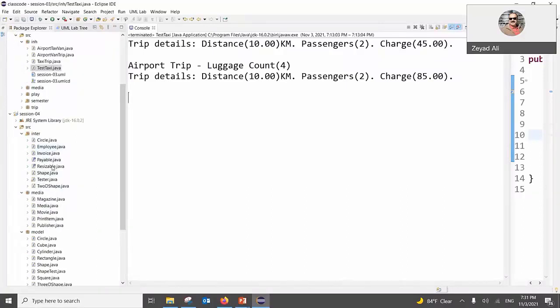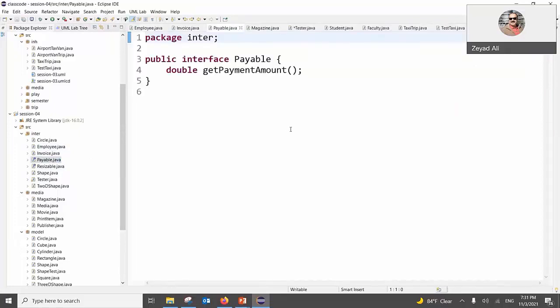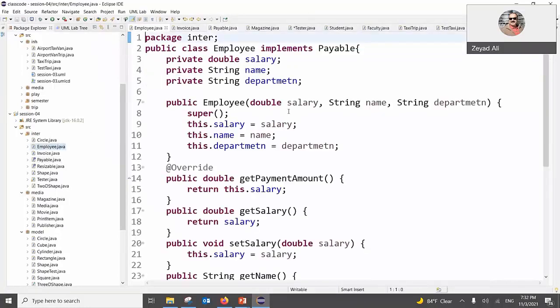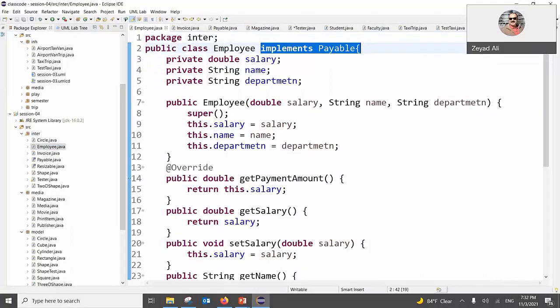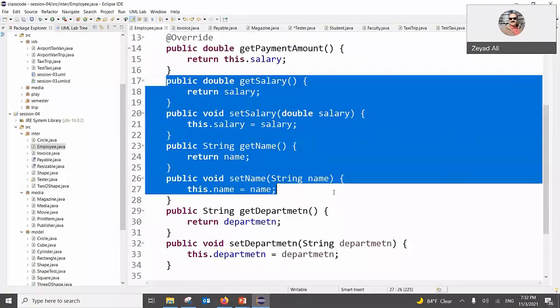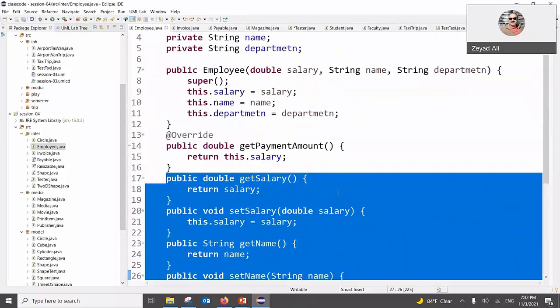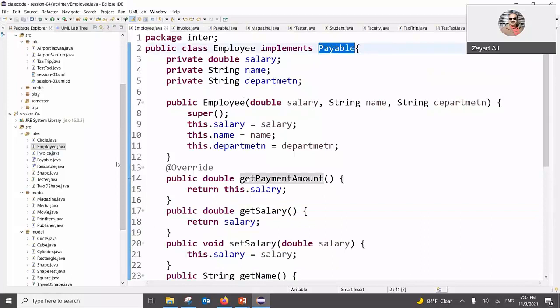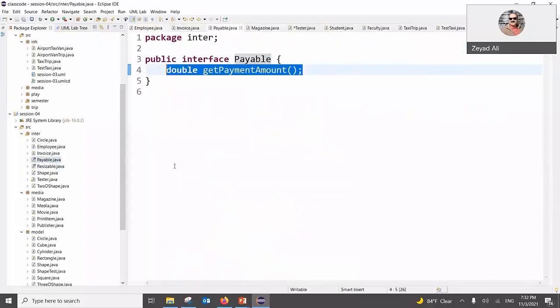Look here, guys. This is your interface. Look at it. Very simple. Public interface payable. One method. So whatever class you make, like employee, what do you need to provide here? Implements what? Payable. You don't have to use a constructor. You can use everything, so many things. But there is only one thing you must do, which is what? Implement the method of the payable interface. Right? What's the method of the payable interface?